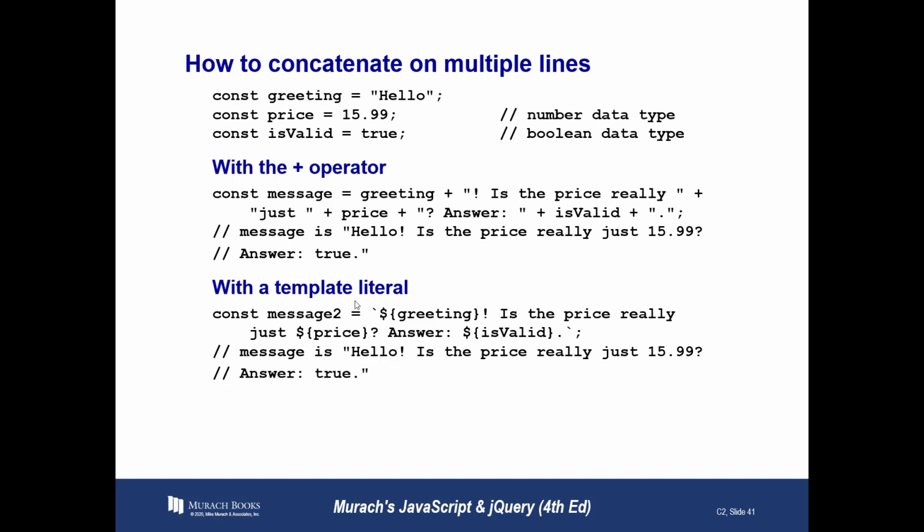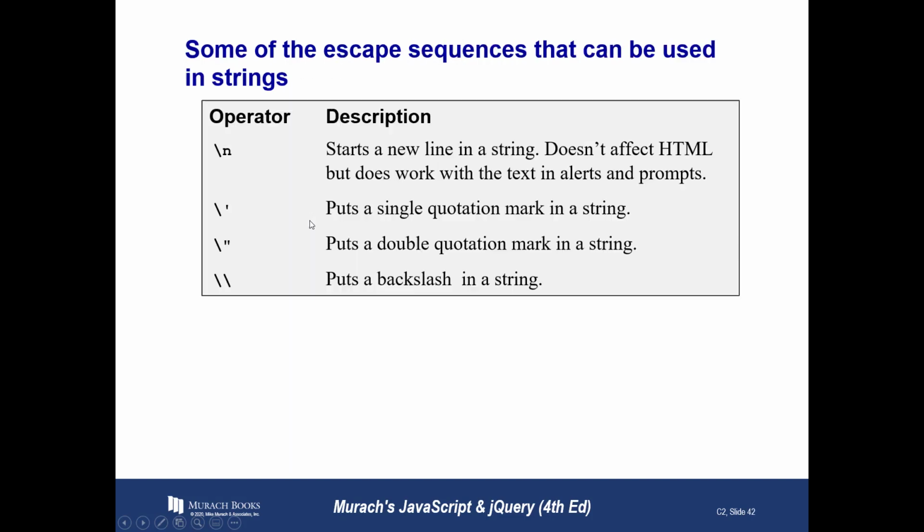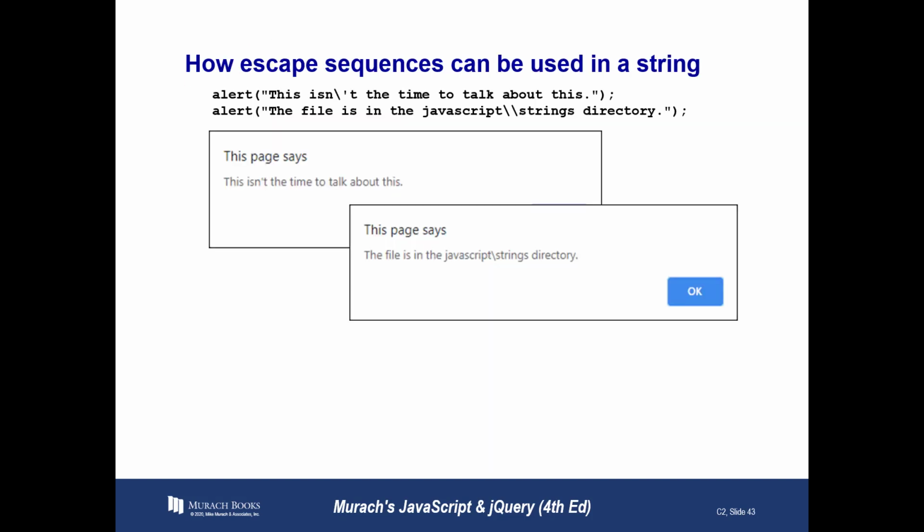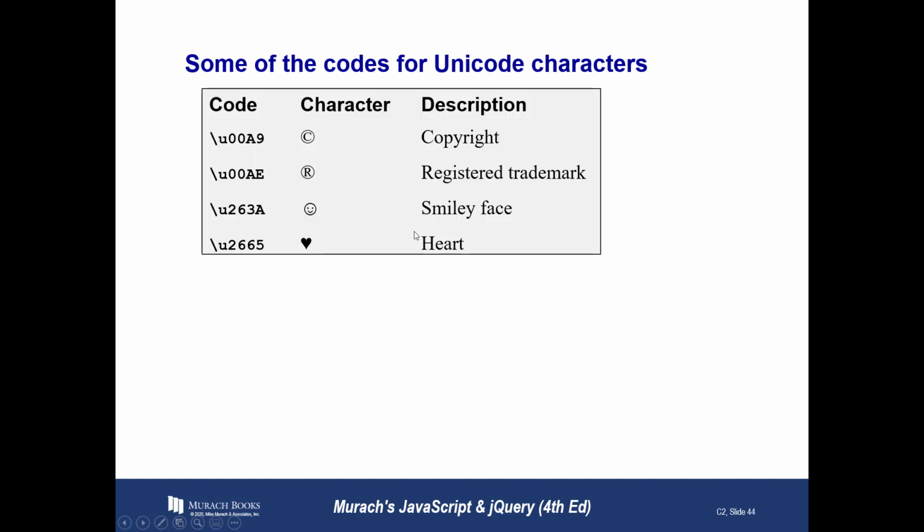They've got concatenating on multiple lines. This is all stuff you learn as you go, okay? And in fact, as they say here with some of the escape sequences that you can use with this, notice we've got \n, which is the one you'll use almost exclusively. That's a new line. It's like you hit the enter key. The other one they don't show here is \t for a tab. You'll use that one quite a bit as well. And they give you some examples. Totally fine. Some of the codes for Unicode characters, notice